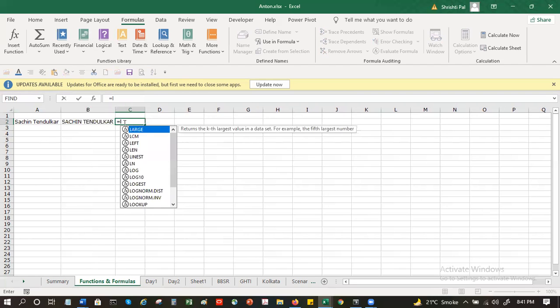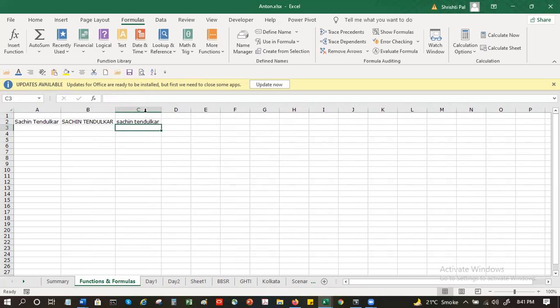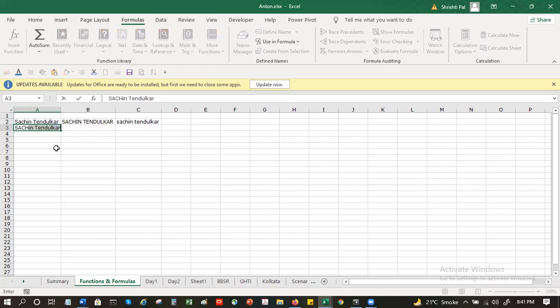So we have a lower. Let's try that. Then again I press tab and now I can just type A2 or I can click on A2, however way I want it. Now so far I was using this as my source. Suppose the thing is written like this.